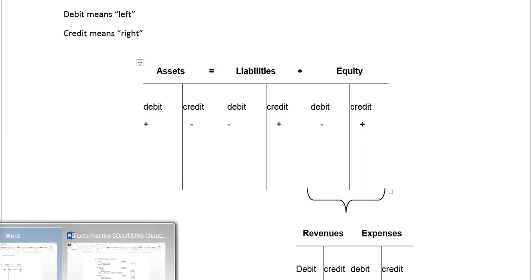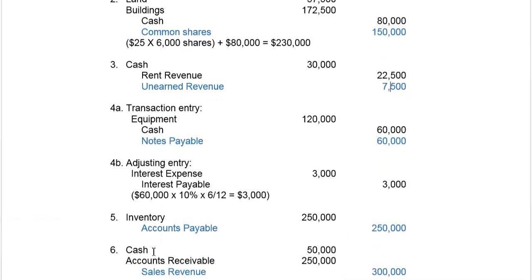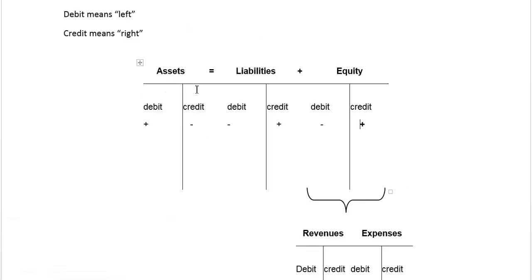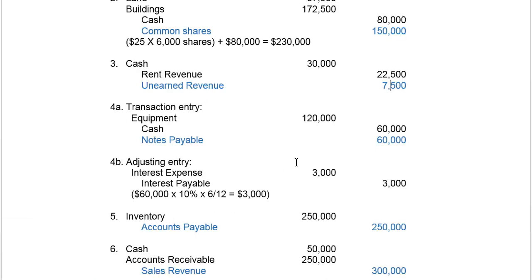So now let's complete the rest of our transaction analysis. So now you'll notice in transaction 4, we have a couple of entries here. What the authors have elected to do when you recorded the purchase of your equipment for $120,000 is they said, well, we're going to credit cash because we paid cash of $60,000, right? So don't forget cash is going down. And when an asset goes down, it goes down on the right, and right means credit, eh? So now